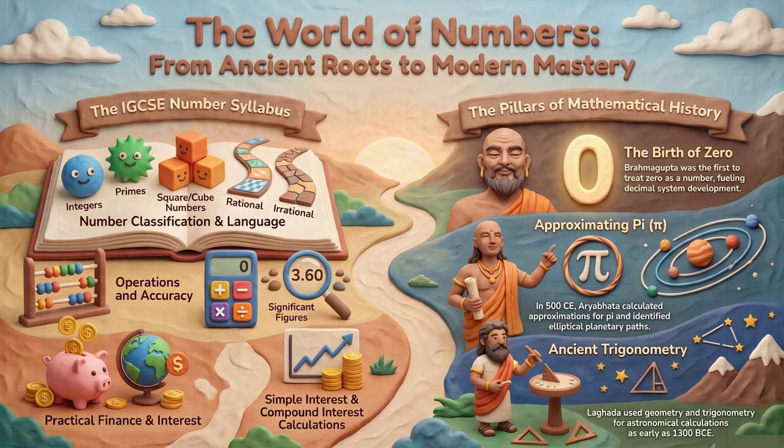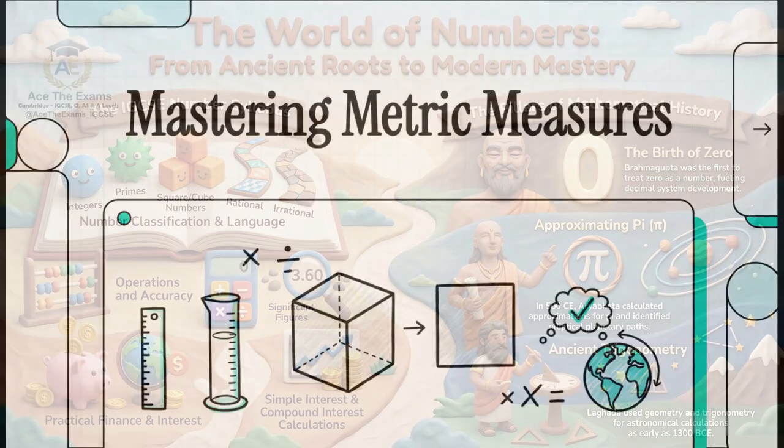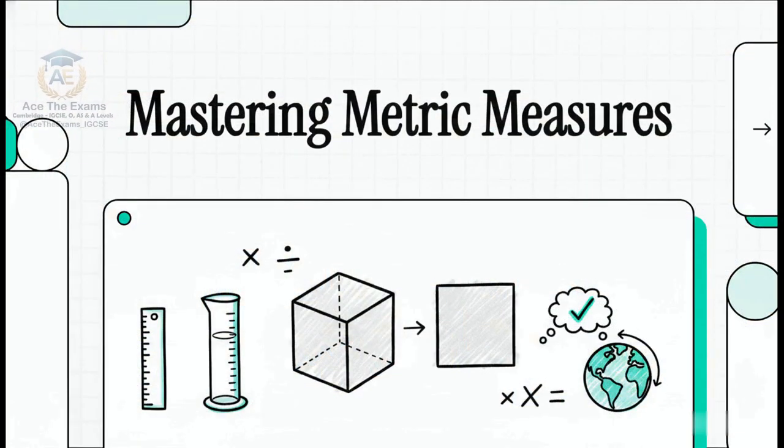Okay, let's dive right in and completely decode the metric system. If you've ever found yourself sitting in an exam, staring at a mathematics paper, second-guessing whether you should multiply or divide by 1,000, or getting totally caught in those notorious area and volume traps, you are in the exact right place. Today, we're taking the dimensional journey of metric measures. We're going to break down the core logic so clearly that you will literally never lose marks on unit conversions